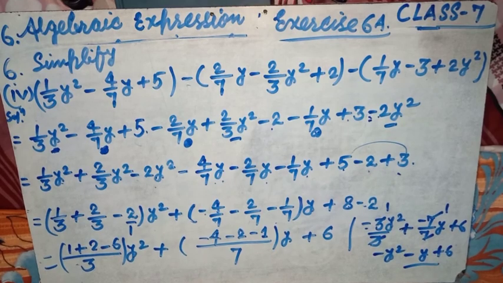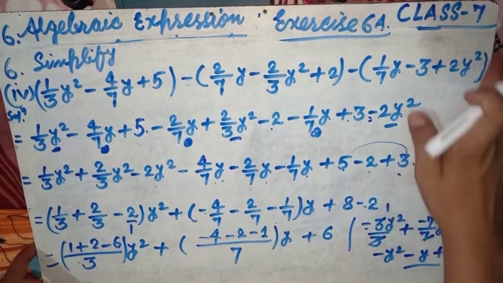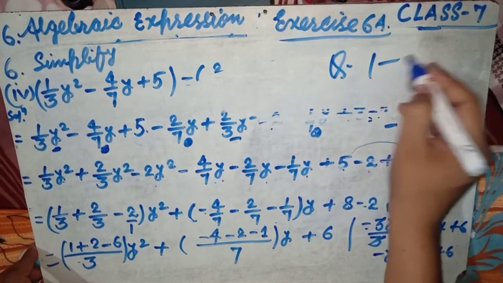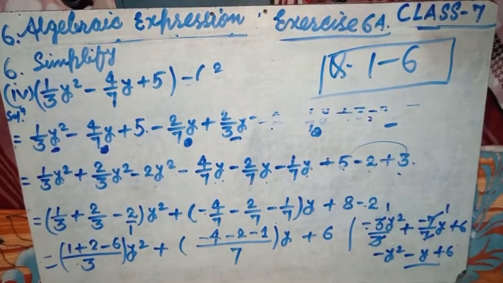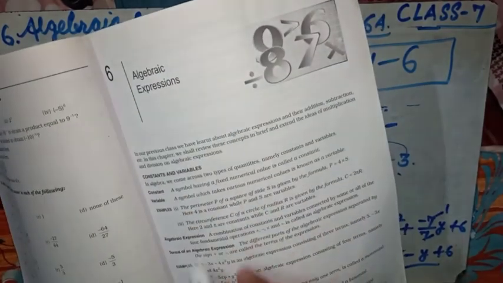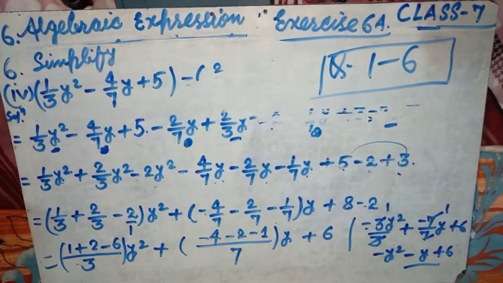I hope you will understand. Now friends, your homework is questions number 1 to 6 of exercise 6a. Please remember all the points, and go through all the pages of lesson number 6, page number 97, page number 98 and page number 99, and then solve 6a. All questions, there are only 6 questions. I hope you will understand.